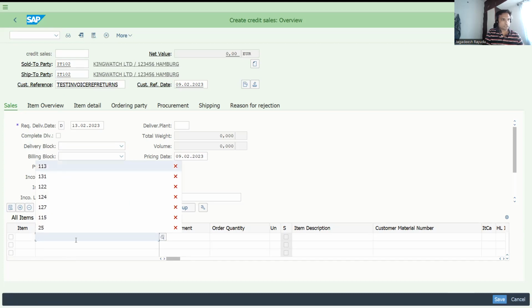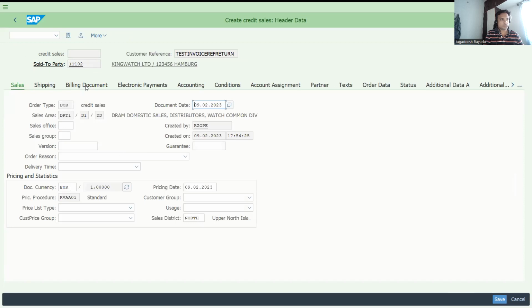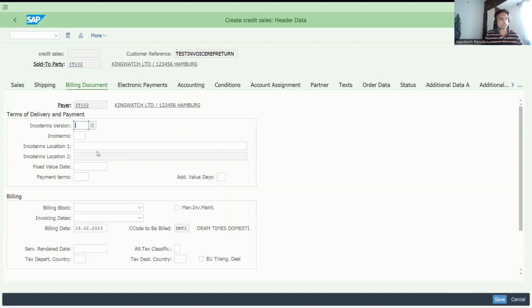I'm just taking my material with probably like 10 quantity as we discussed in Excel. Let's try to fill some data which is not filled, but it is mandatory at transaction level. So CIP Hamburg,